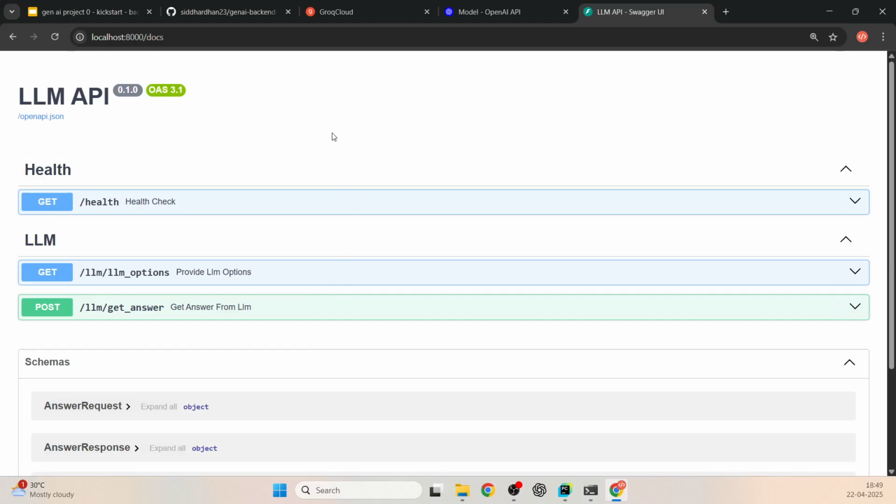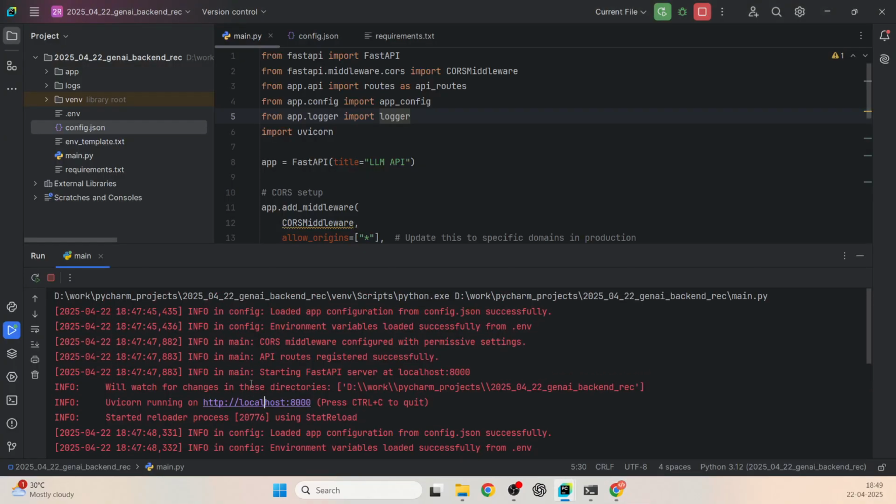Each of the endpoints would serve different purposes. Here we have two GET APIs, and then one POST API where we have to send some data and get some response back. What this GET API does is a health check. From the front end or from different places, we want to check whether the server is running. So let's say that this is our server, a Uvicorn server, and it's running on this